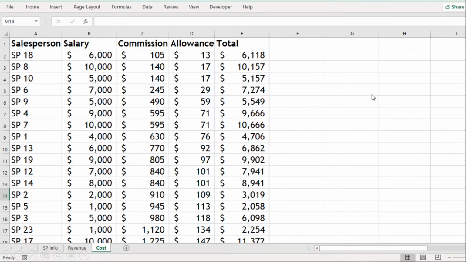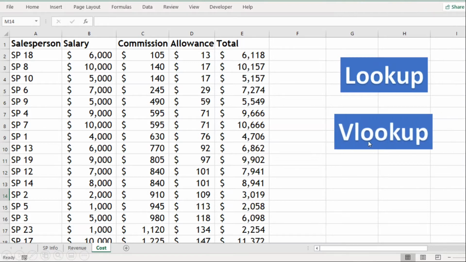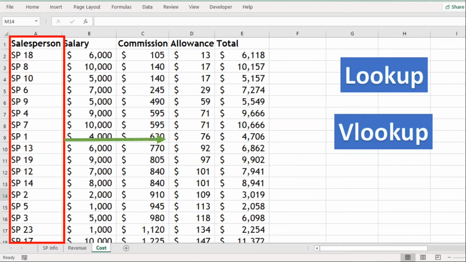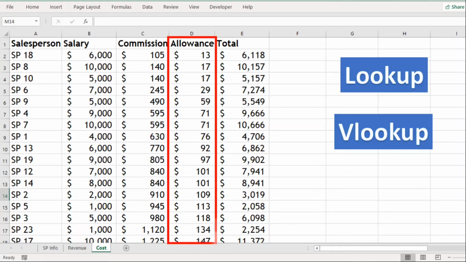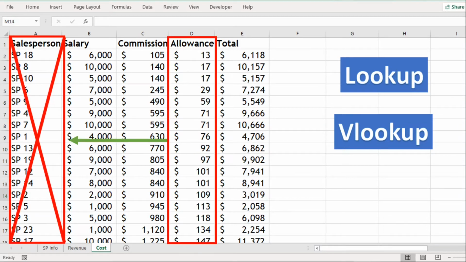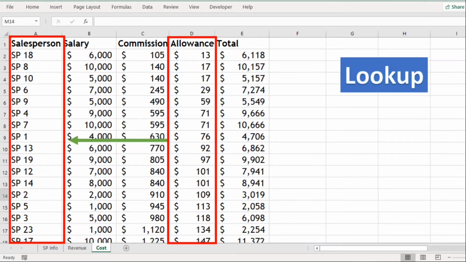In today's video, we'll learn how to use the LOOKUP function. Although VLOOKUP is the most popular lookup reference function, it also has its own limitation. VLOOKUP looks vertically for a value and returns a value from the same row in another column, but the column is supposed to be on the right side only. VLOOKUP cannot get the information from the left column. But that is not the case with the LOOKUP function. We'll see how to use the LOOKUP function in a while, so stay tuned.